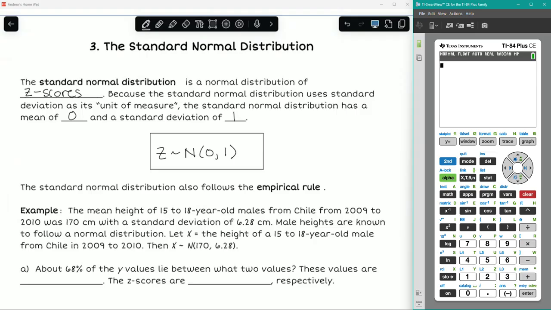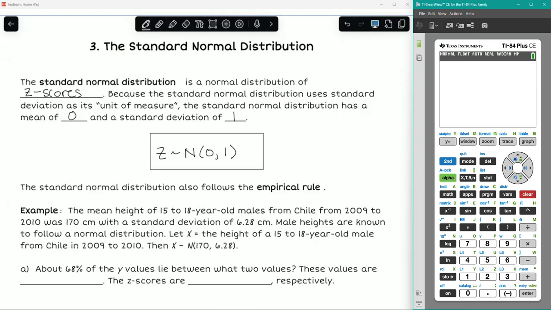Now that we're in 2025 and we have technology that's capable of doing calculations almost instantaneously for any distribution with a mean and standard deviation, it's less important to use z-scores than it was in the past. When I took statistics back in the 90s, calculators didn't have a built-in statistics package. So we could not look up probabilities for specific normal distributions with unique means and standard deviations. We would standardize our distributions, convert everything to z-scores, and then use a single table for the standard normal distribution